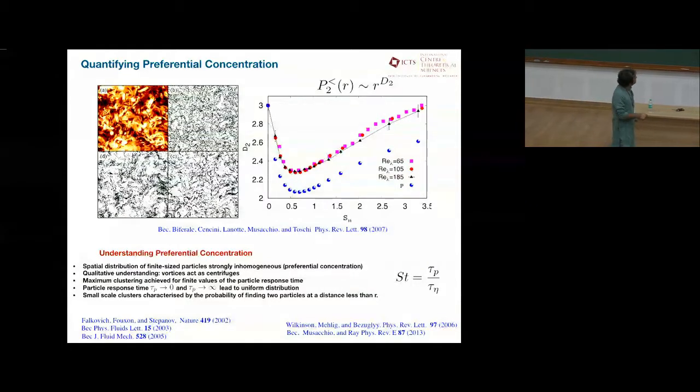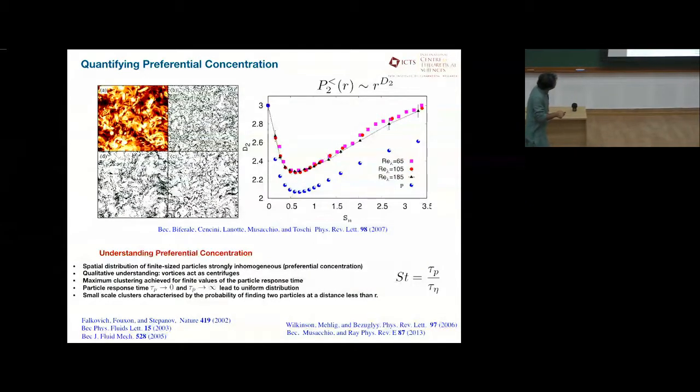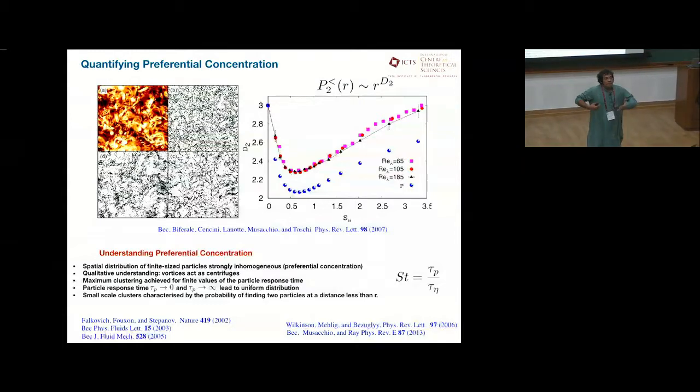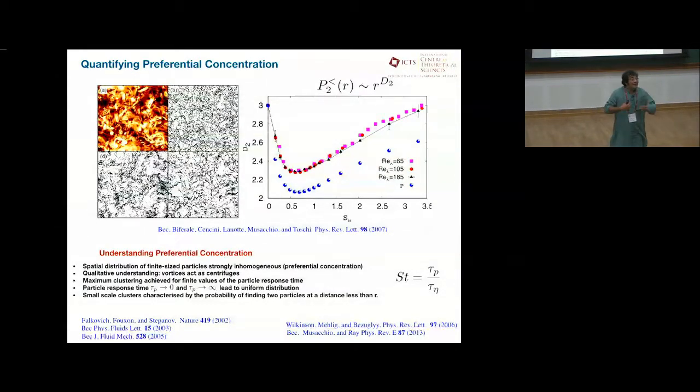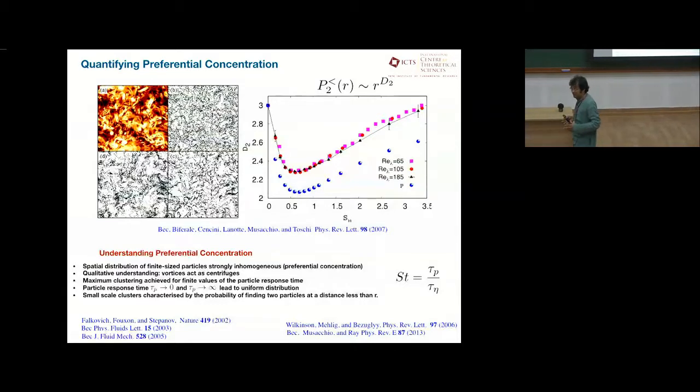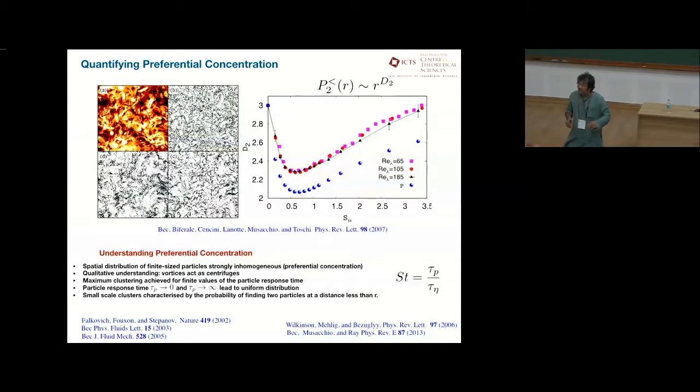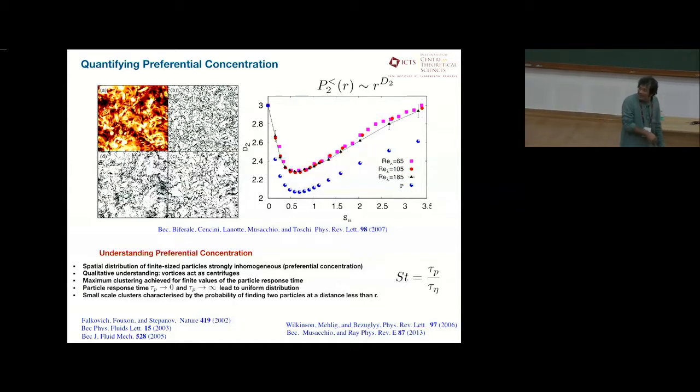All right, so this is what's known as preferential concentration. And when your Stokes number is large, you again get back to the uniform distribution. That's because the particle responds so slowly to the flow that it really doesn't care what the flow is doing, and hence it again fills up the whole phase space. It's the ones in the middle which are the dicey characters, and they don't want to follow the flow too closely, and yet they follow it a little, and so you end up with maximally concentrated particles.